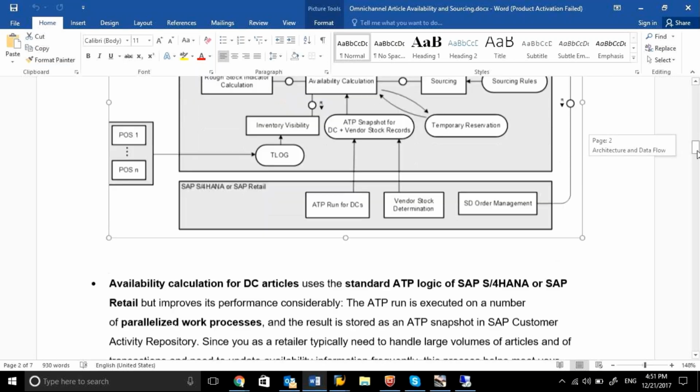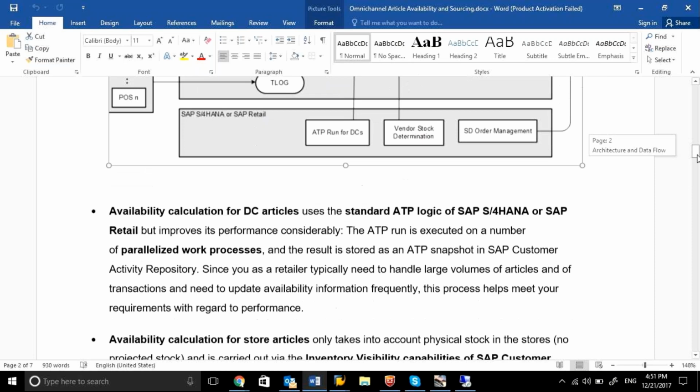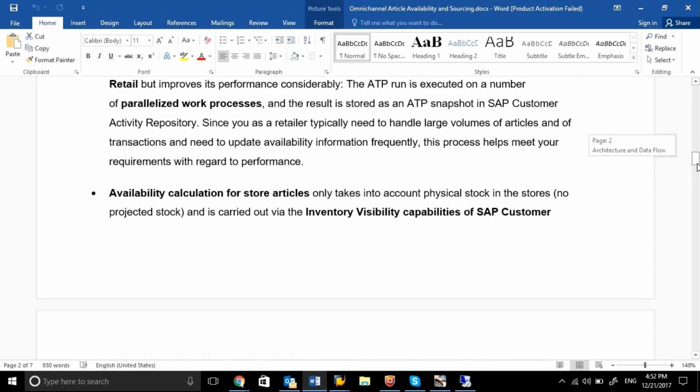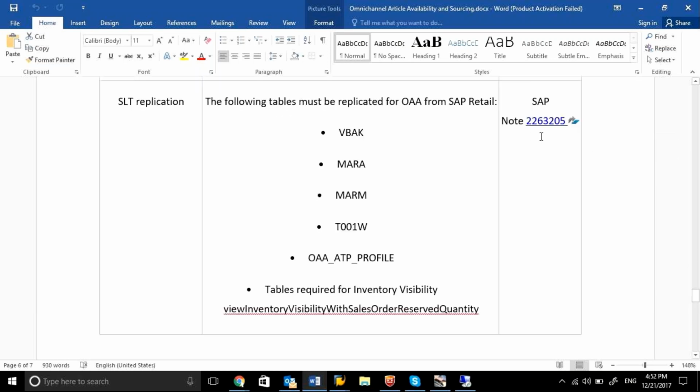So this is whatever I wrote here. You can see all these details are for some sourcing information: which are key, which can be delivered or are optional, and which tables we have to replicate for SLT. What is the SAP note? This gives you all the information. So I'll mention this also, and this is the